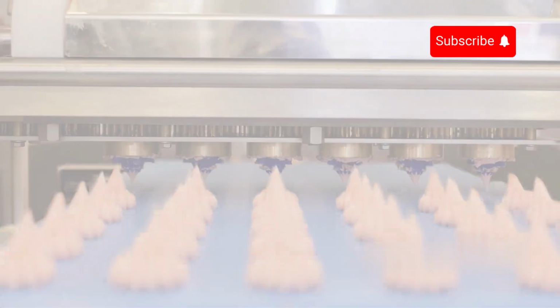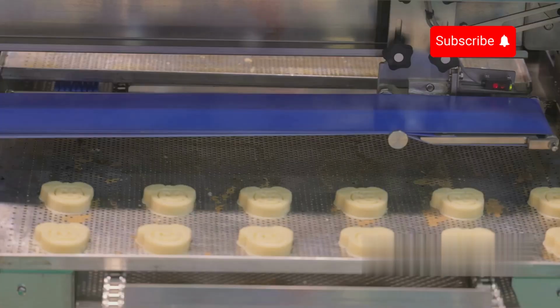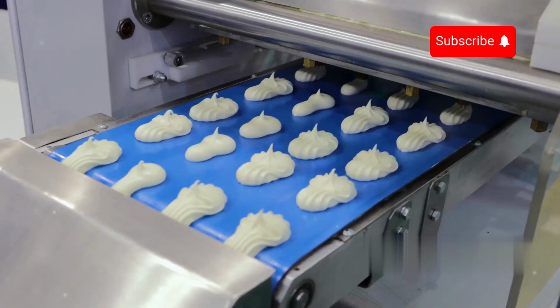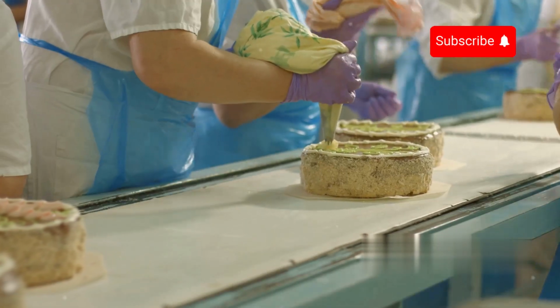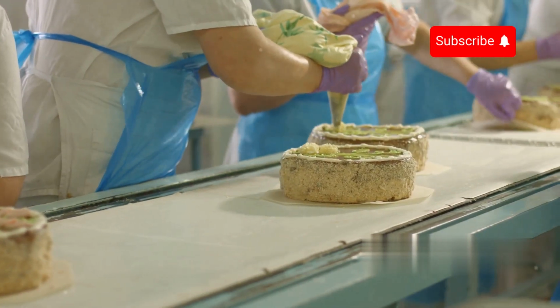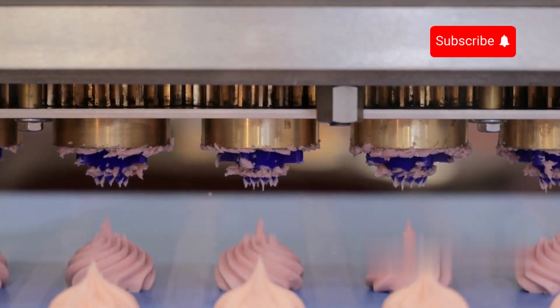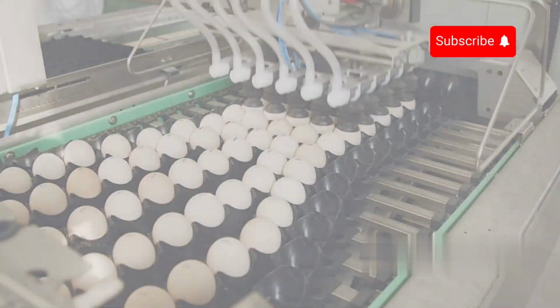Cake. The world of cake making has undergone a remarkable transformation with the advent of innovation. So, let's explore the sweet side of technology and discover the magic behind your favorite cakes. Starting with ingredients, where they meet machinery and ideas become cakes, here is a technological robotic